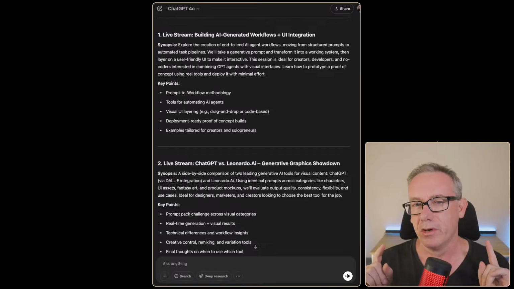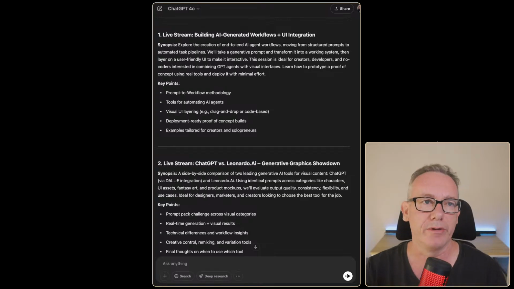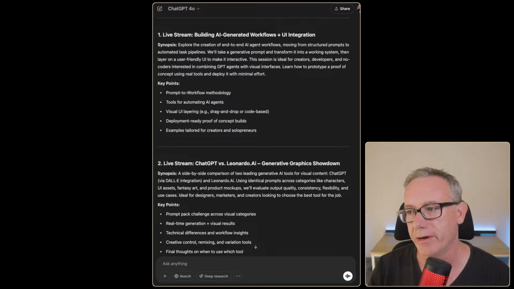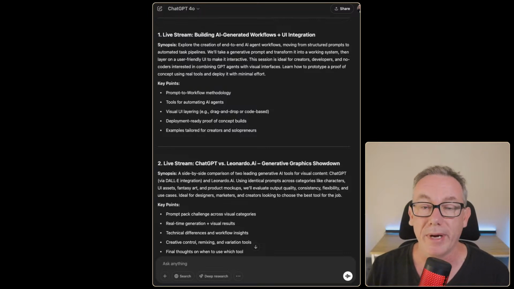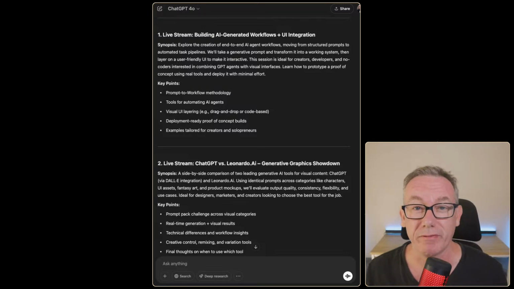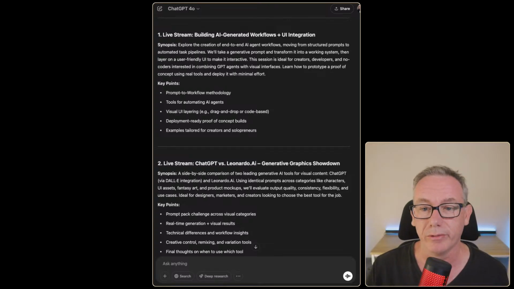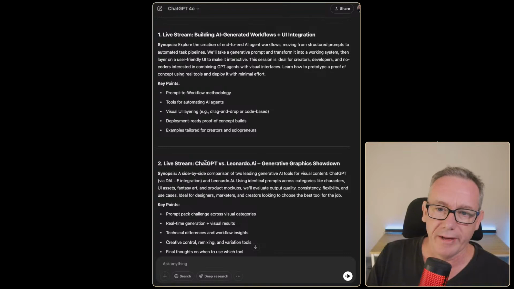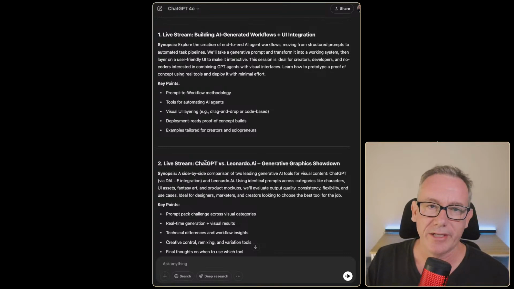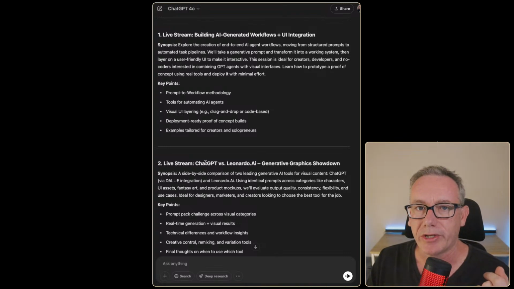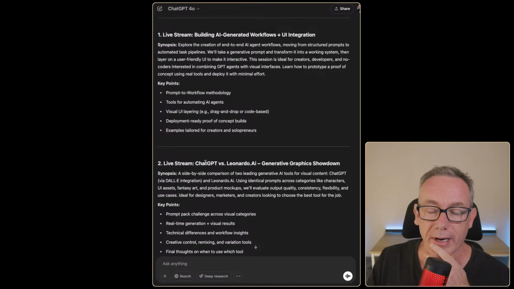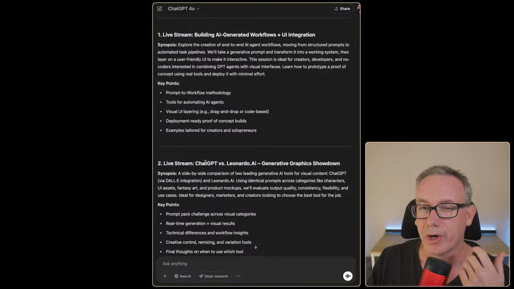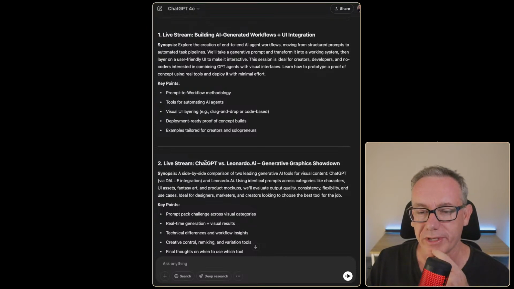But I said to them, what would also be nice is if we could build a user interface over the top of it, basically a micro app, because not everyone wants to work in a conversational bot like we see with ChatGPT. So the live stream that I'll be doing for that session will be essentially educating them on the two people from AI Gentiv on what I need. So it's like building a requirements document.